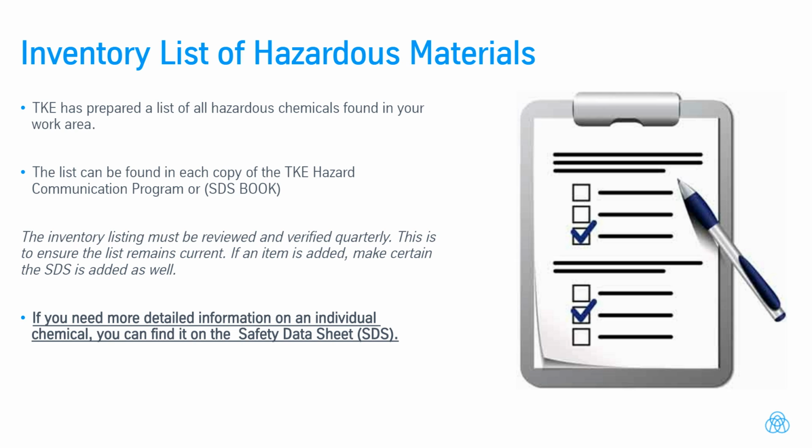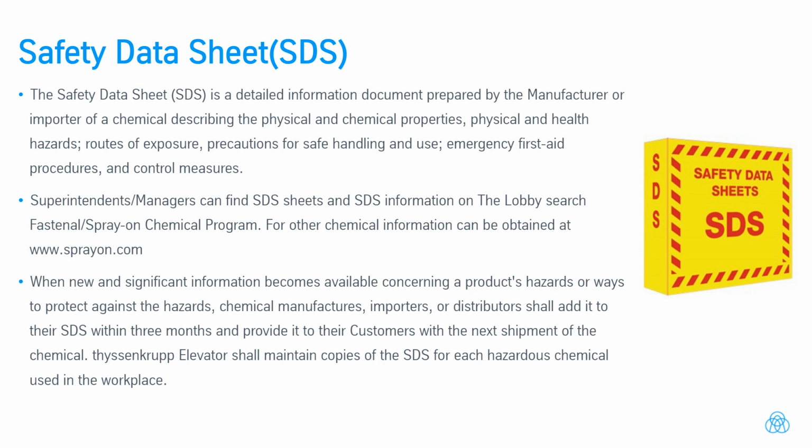If you need more detailed information on an individual chemical, you can find it on the Safety Data Sheet, SDS. The Safety Data Sheet, SDS, is a detailed information document prepared by the manufacturer or importer of the chemical describing the physical and chemical properties, physical and health hazards, routes of exposure, precautions for safe handling and use, emergency first aid procedures, and control measures. Superintendents/managers can find SDS sheets and SDS information on the lobby. Search Fast and Spray-On Chemical Program. Other chemical information can be obtained at